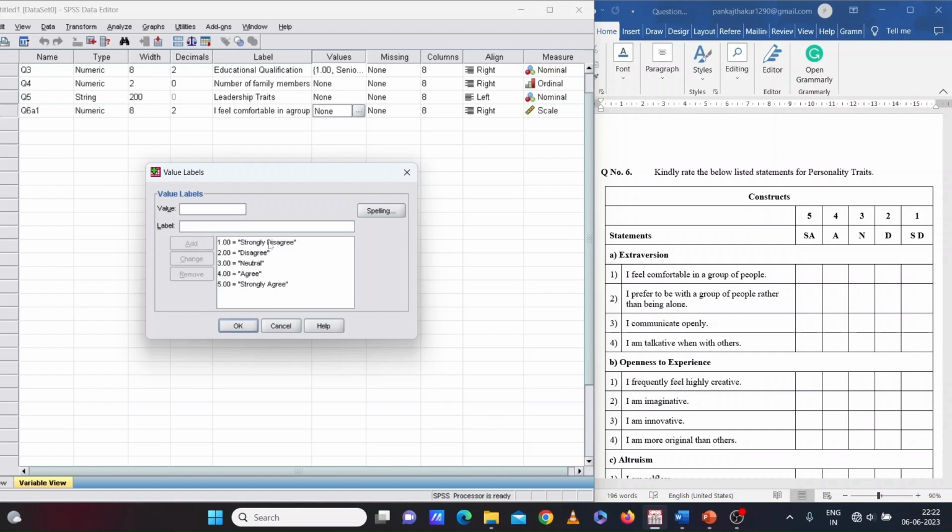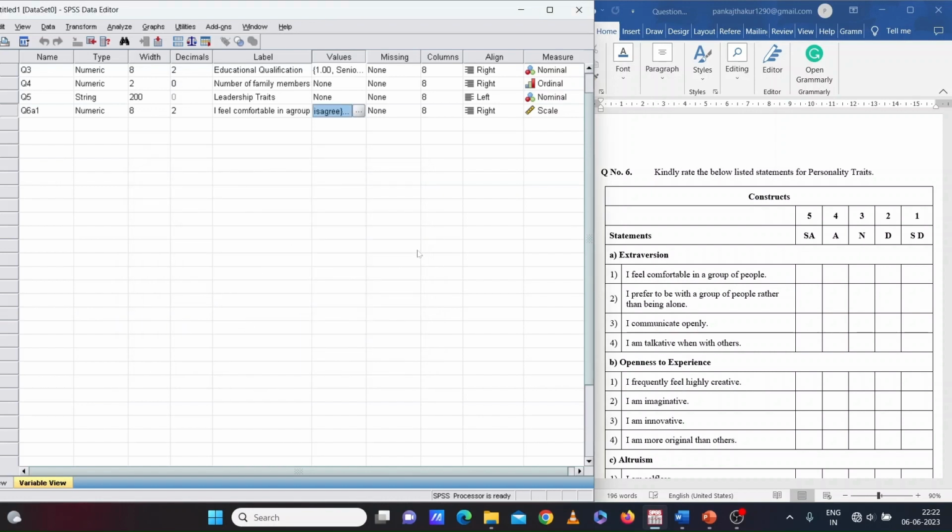All 5 values have been added, and now we will click on OK.